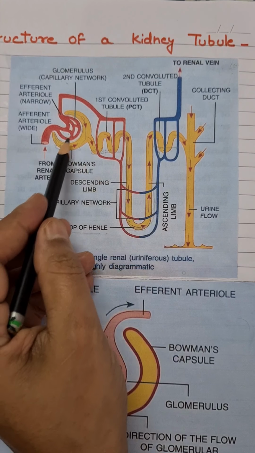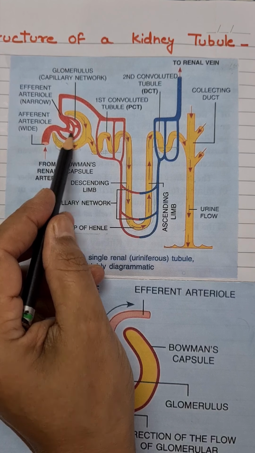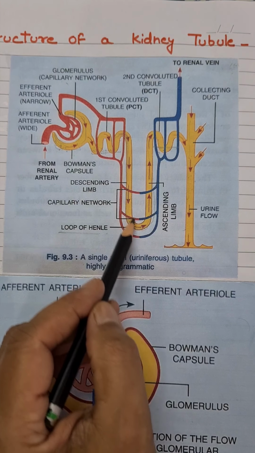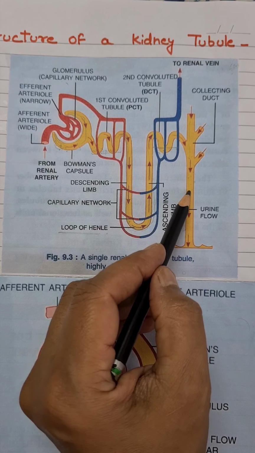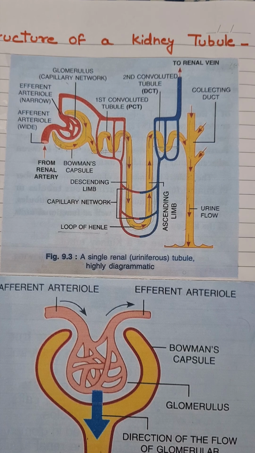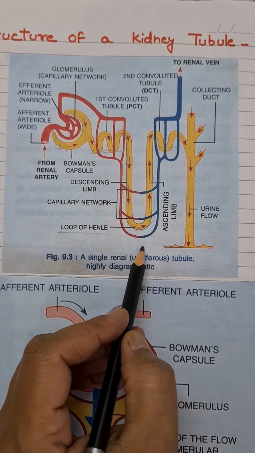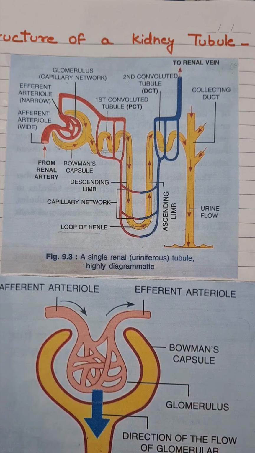The urea or nitrogenous waste which is filtered by the nephron in the form of urine is collected in the collecting duct, and this common collecting duct pours it into the pelvis part of the kidney. From there further it is carried to the urinary bladder. Now this is all about the parts. Now we will start with the blood supply of the kidney.